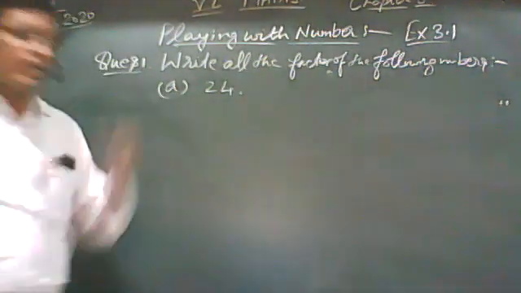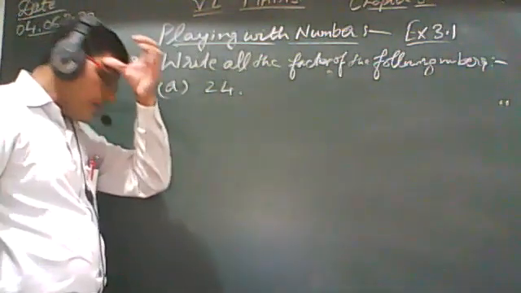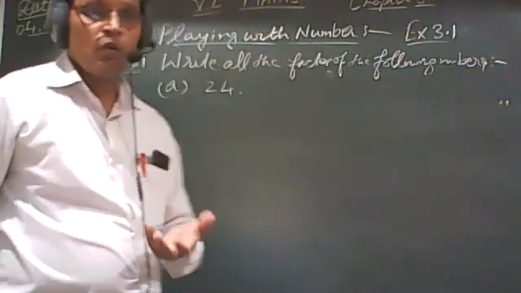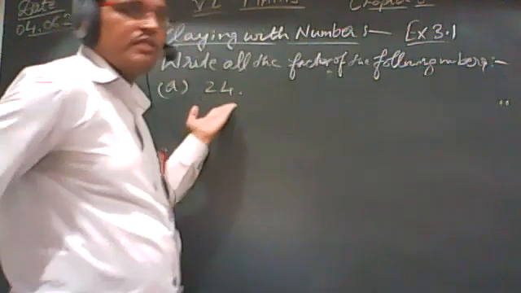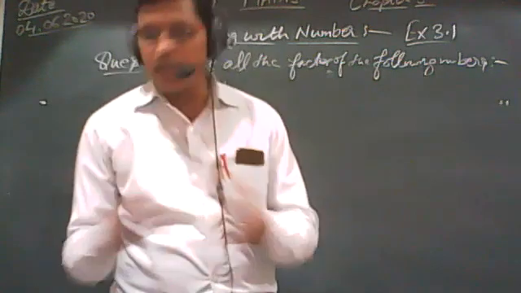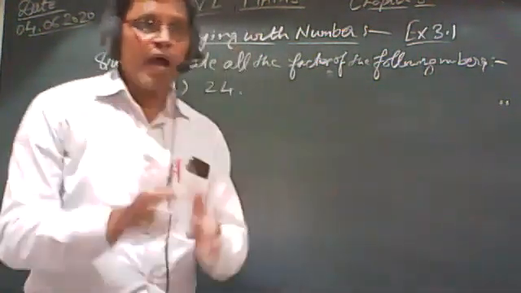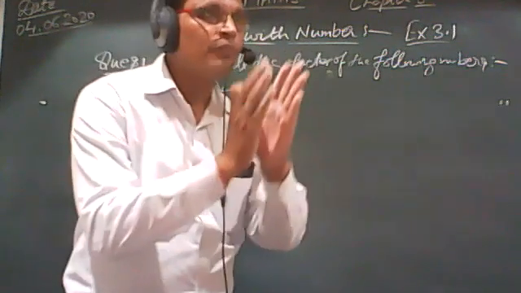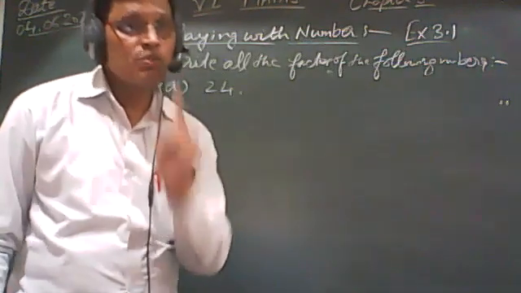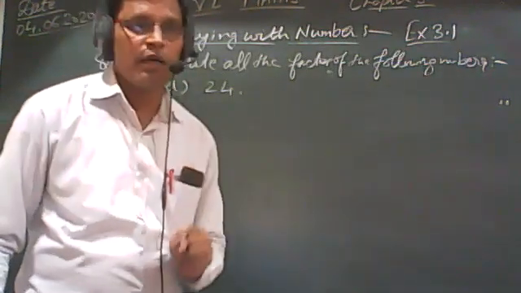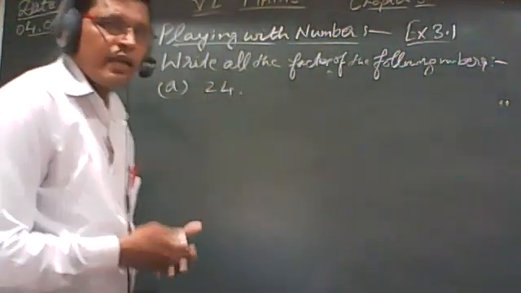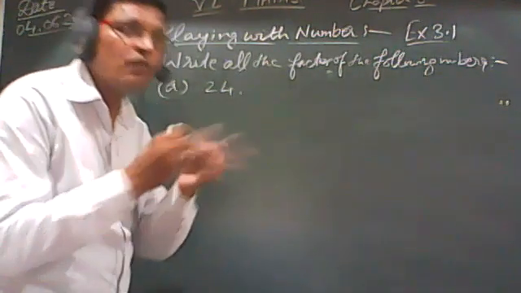And we discussed the definition. A factor is a number that exactly divides that number. So you have to find which numbers are exactly divisible into 24. Or the second definition of a factor: if you write the number in multiple form, each part of the multiple is a factor of that number. That means, first, very easily, you write it in multiple form.